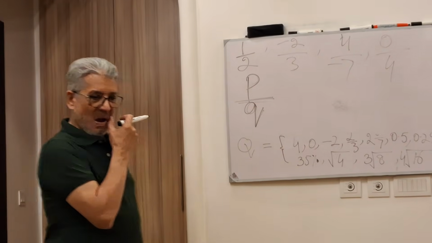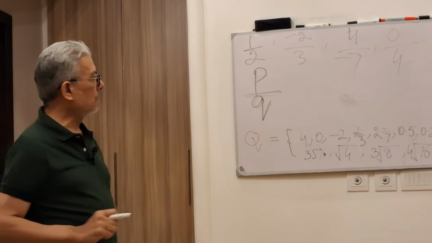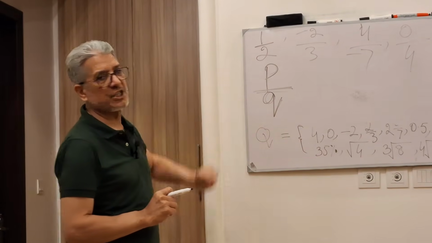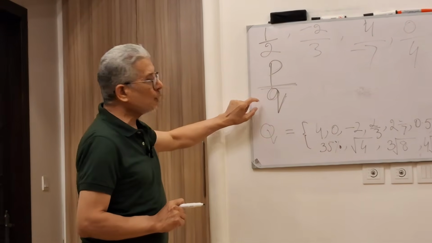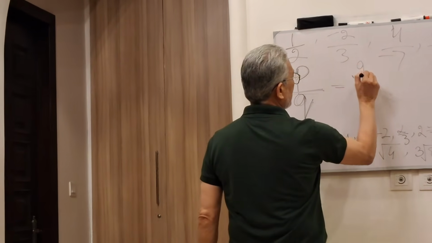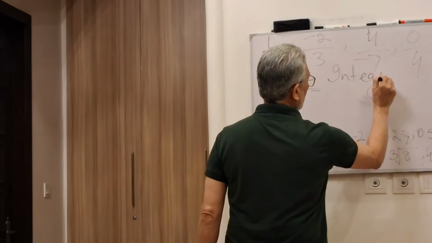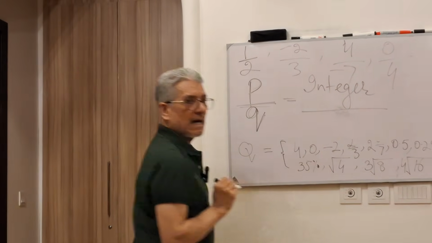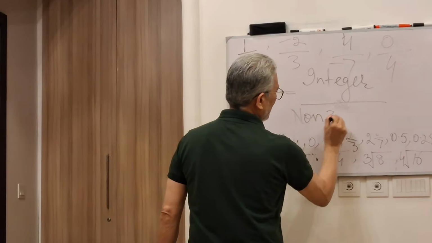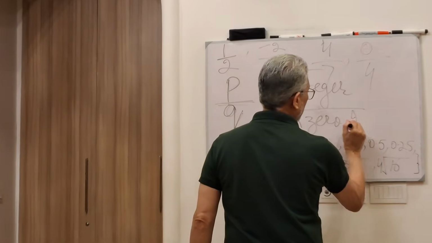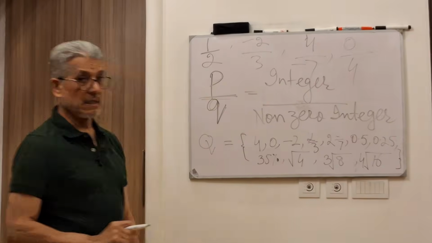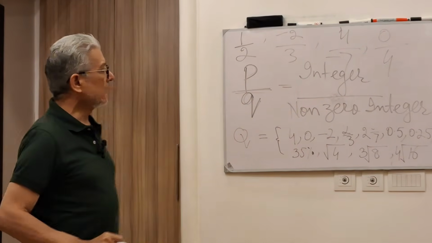But P and Q are integers, P is an integer and Q is also an integer. But here is a distinction which I will make. Q is a non-zero integer. P is an integer, but Q is a non-zero integer. Non-zero integer. Now, what is a non-zero integer? It means